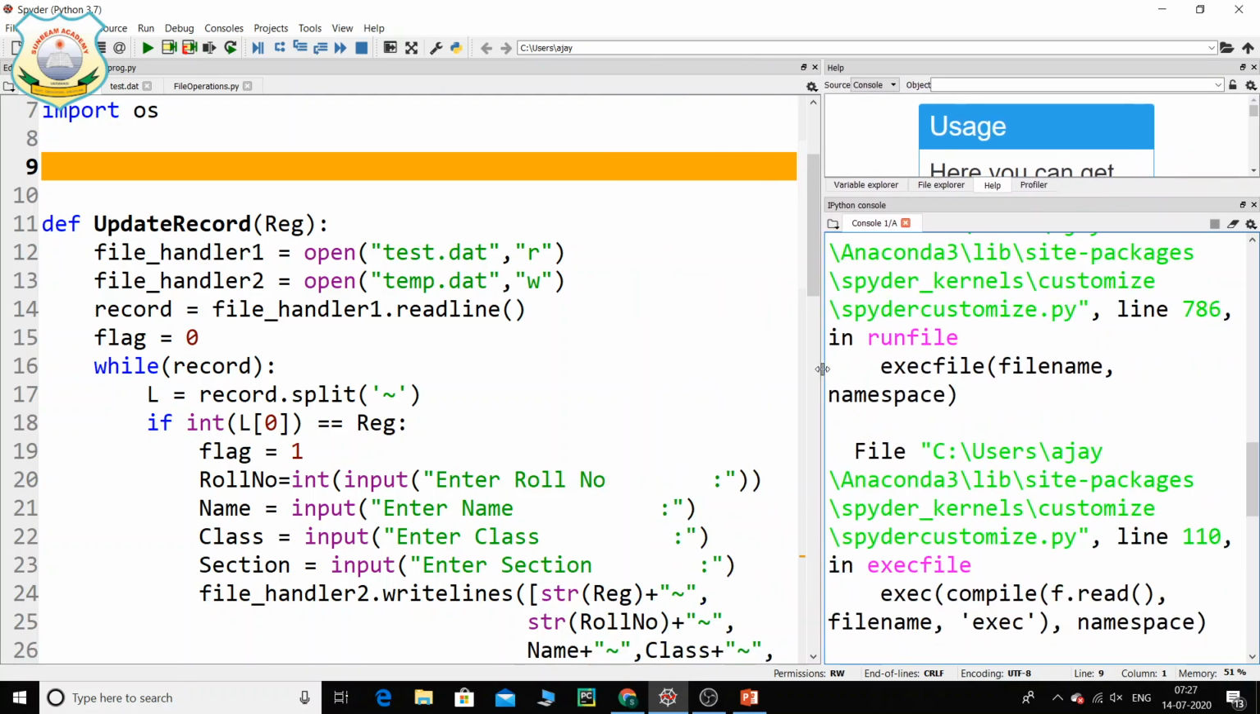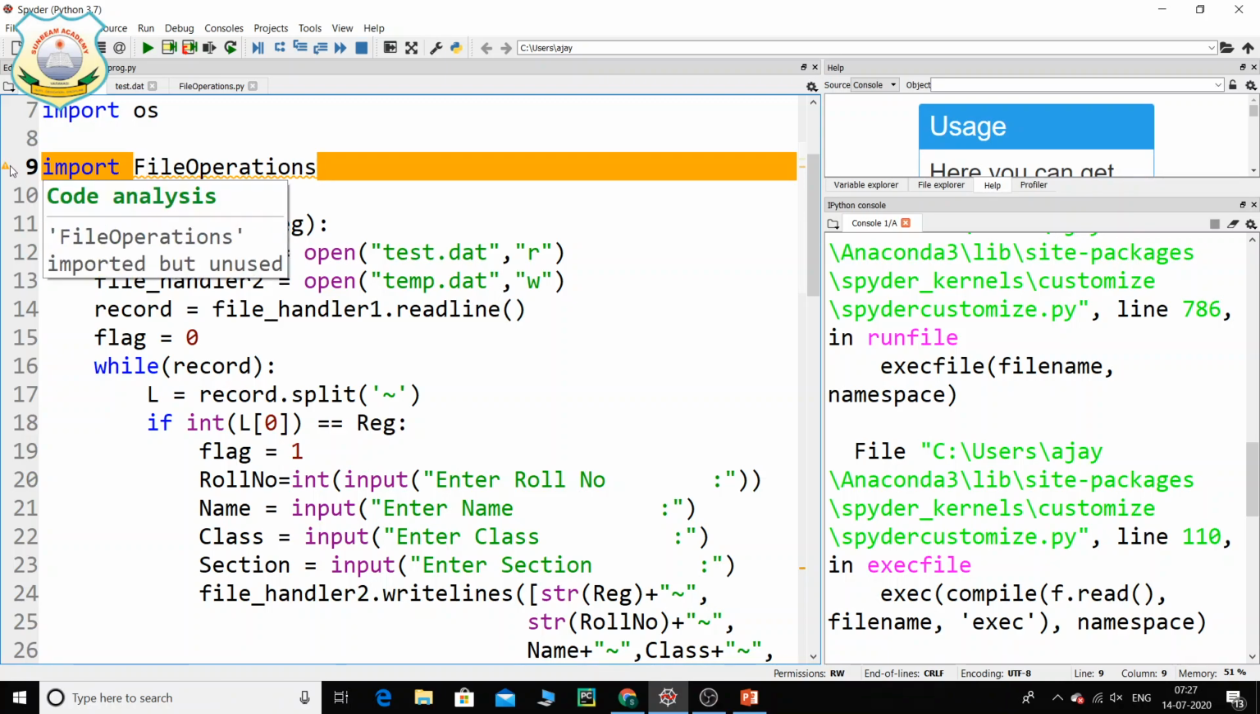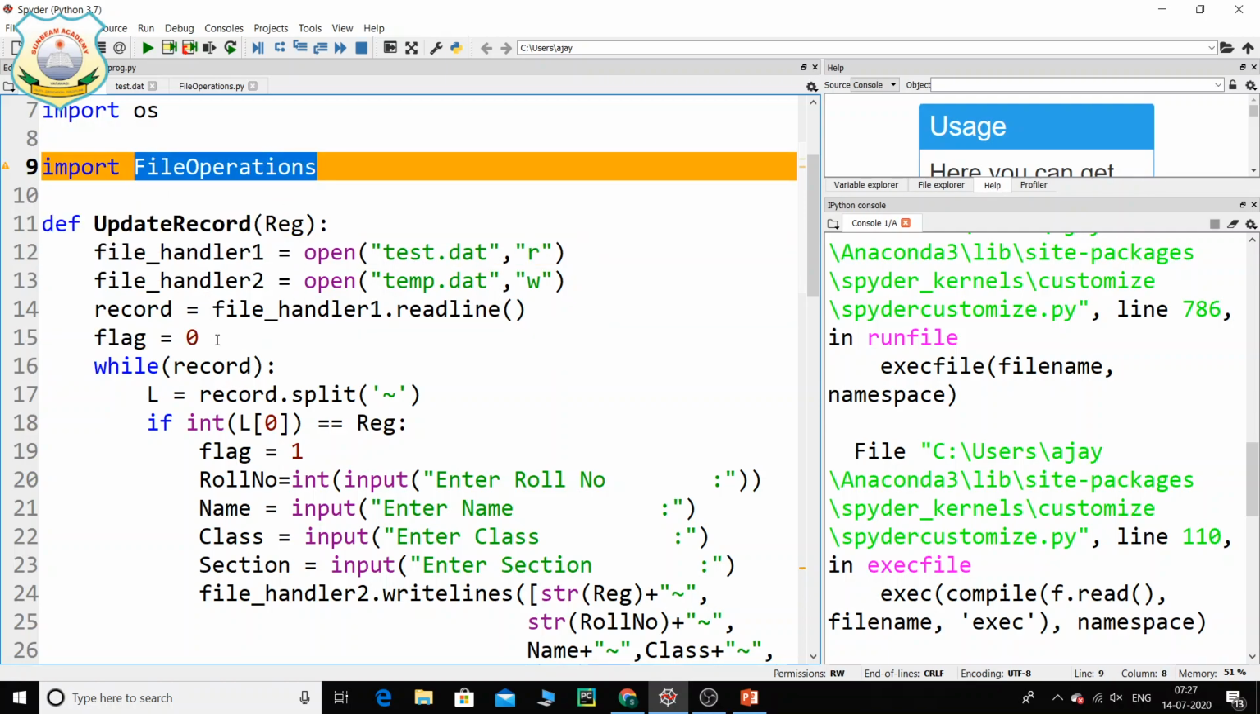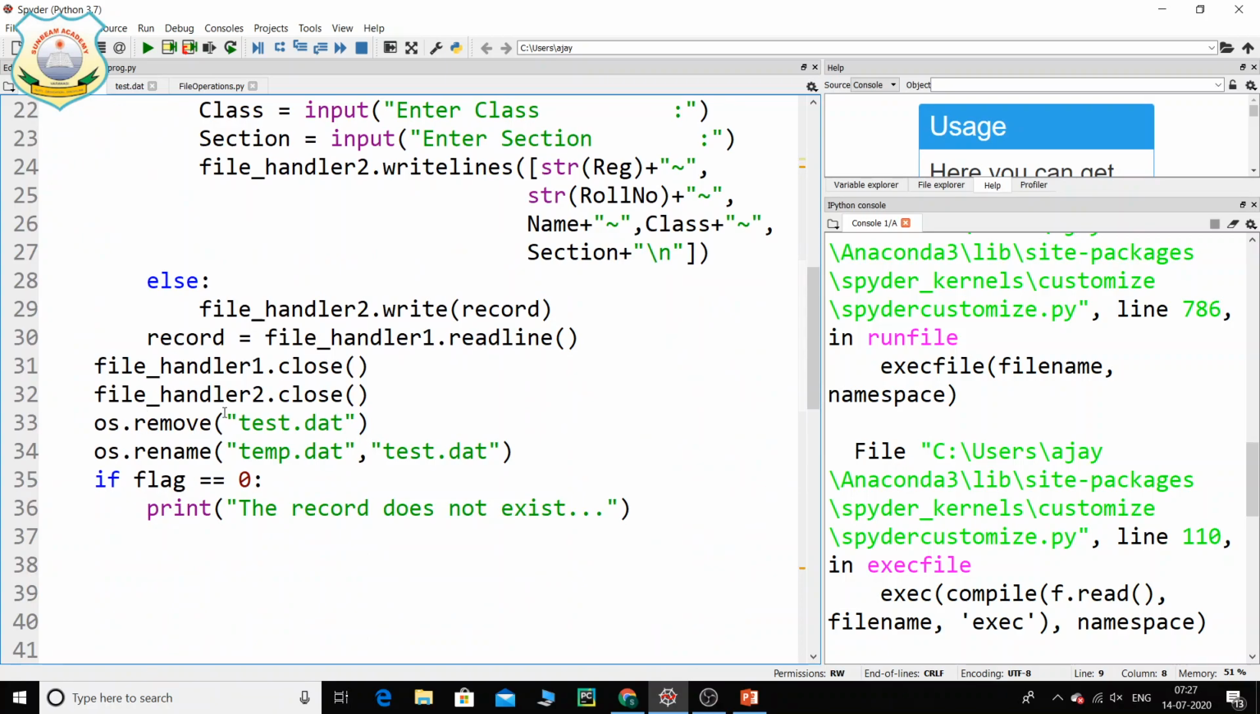So let us help our program to find the function, and that I can do by saying import, and then I can say file operations, that's it. Or another way that I can do is... imported but not used. Okay, so we have imported this particular module, and now that I have to use this particular